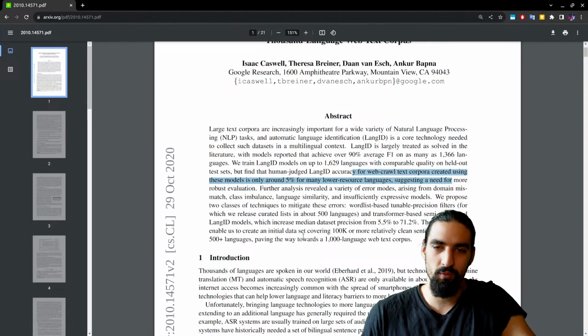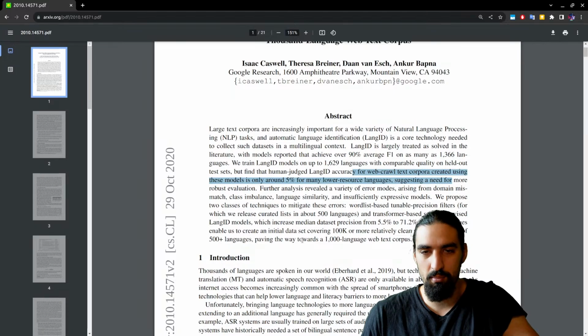Further analysis revealed a variety of error modes arising from domain mismatch, class imbalance, language similarity, and insufficiently expressive models. We propose two classes of techniques to mitigate these errors: word list based tunable precision filters, okay,